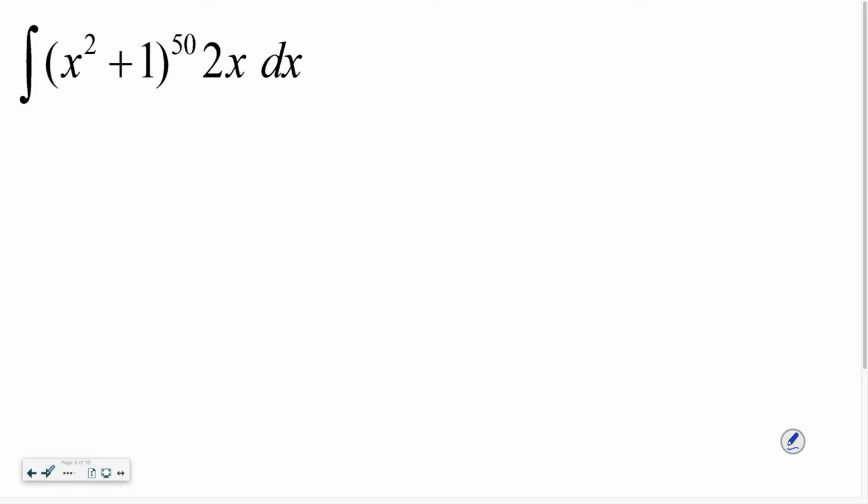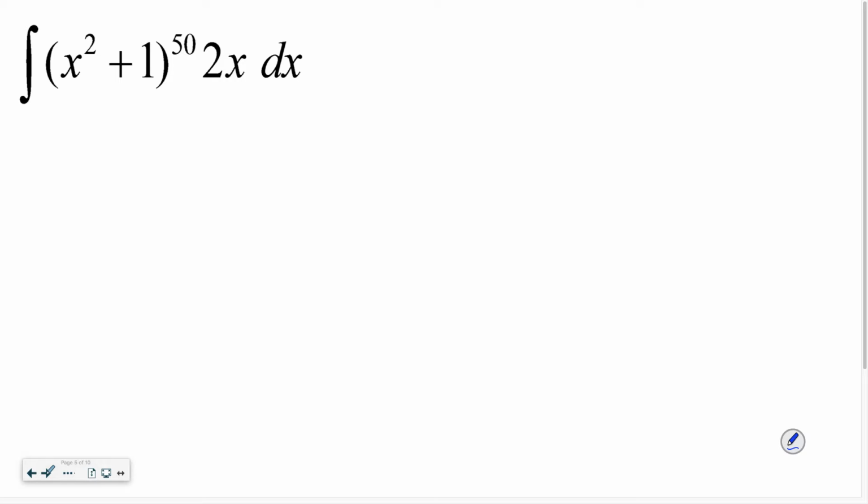If I were to give this to you on Tuesday on your pink sheet, is that when I gave you the pink sheet? Yeah. What would your only strategy be? Oh, yeah, probably cry because you would have to multiply out x squared plus 1 to the 50th power. Now maybe Pascal's triangle can help you there, but that would be an awfully far way down to go on Pascal's triangle. Okay, it's not efficient